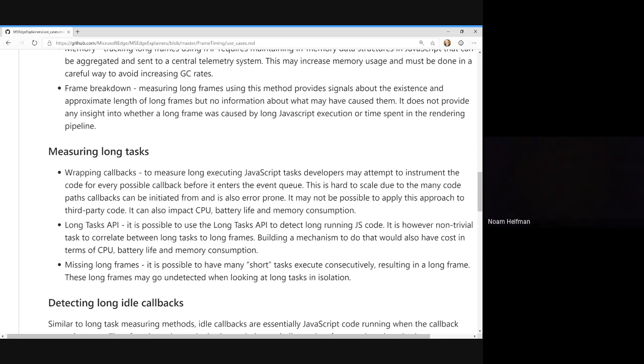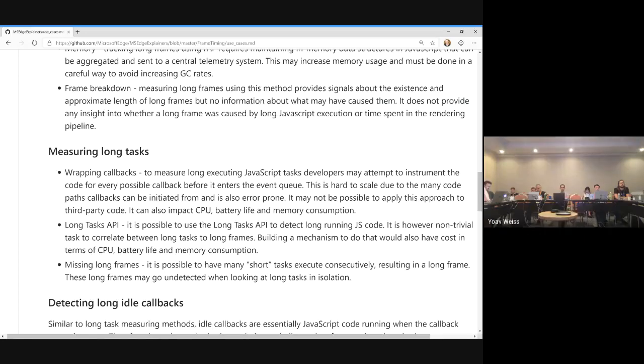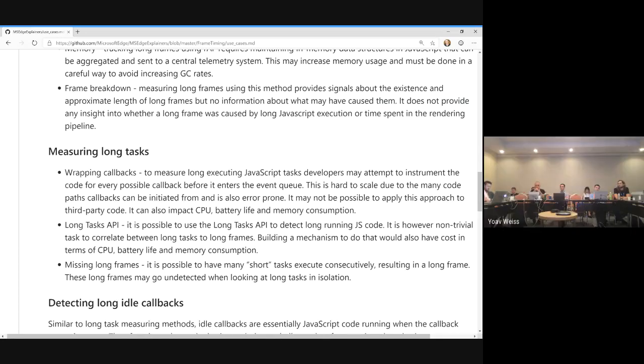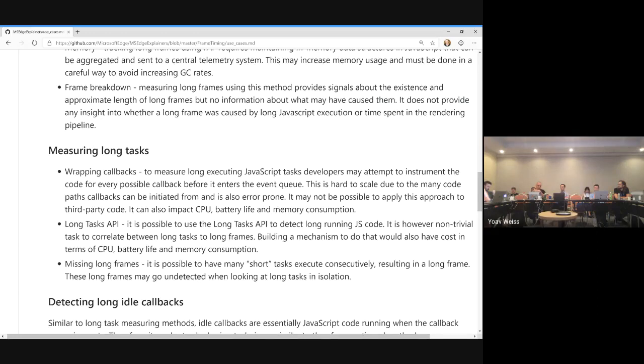There's a big debate right now, at least in Excel, about whether we should spend our time optimizing the DOM or optimizing JavaScript. And without data, it's really hard to come to an agreement. So just understanding the long frames may not be enough. But you need large buckets of attribution, basically pointing fingers either here or there, rather than drilling down to